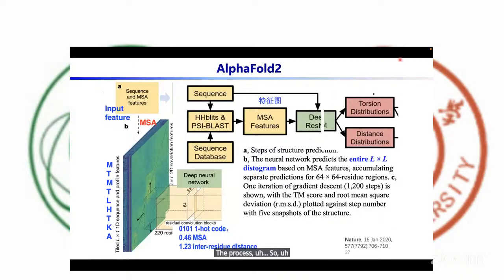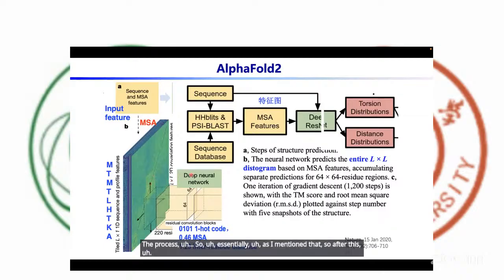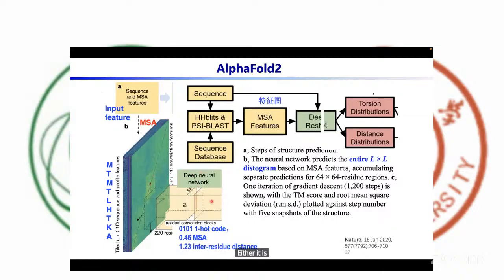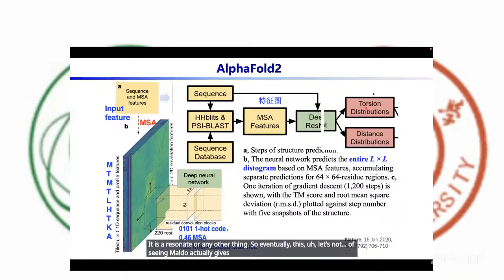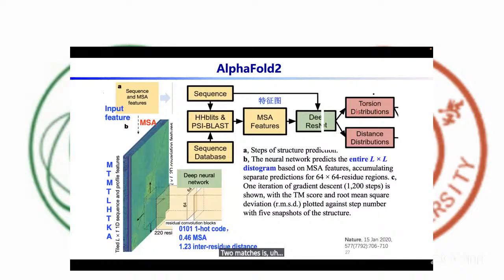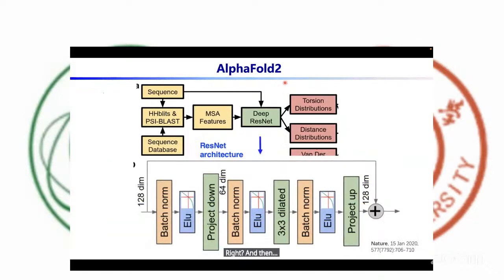So essentially, as I mentioned, after this CNN runs, either it is a ResNet or any other CNN, eventually this ResNet or CNN model gives you two matrices, right? Two matrices: torsion angles, phi-psi angles, and also the distance matrix, right? And then